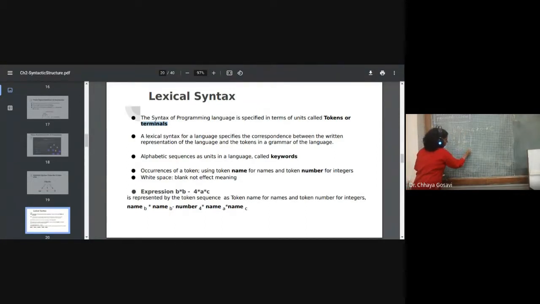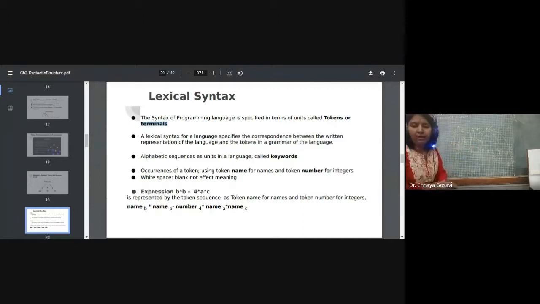This is also an operator. This is a number. This is an operator, identifier, then operator, and this is an identifier. So this is identifier 1, identifier 2, identifier 3, or we can write here identifier b, then a and c. And these operators: raise to is an operator, dash subtraction is an operator, 4 is a number.